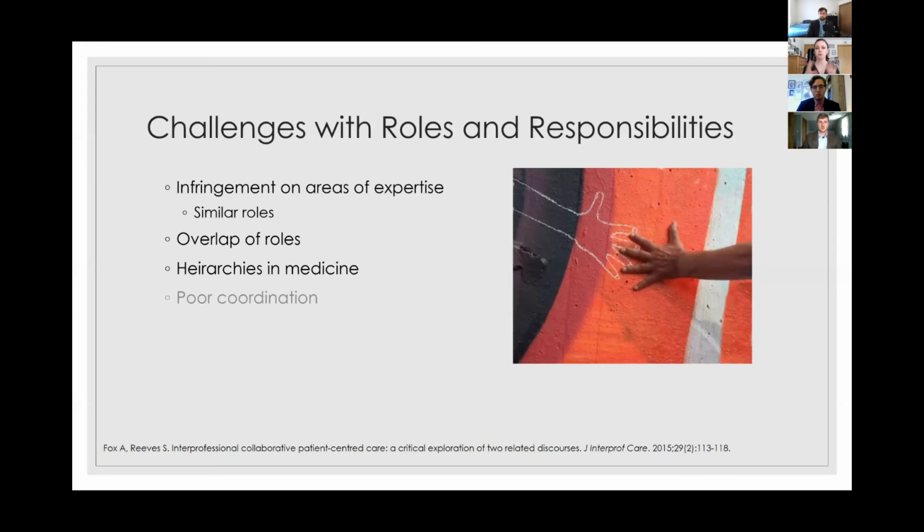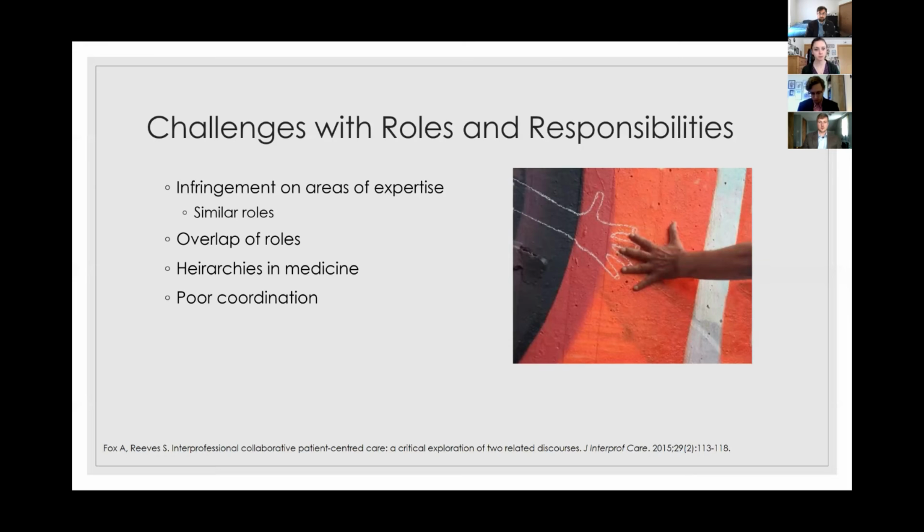And so that can be from a zoomed out perspective of the overall healthcare system. So in the US healthcare system, we place physicians at the top of our hierarchy and everyone else kind of falls underneath them in varying levels. Or it can be really zoomed in on a particular system where, say, it's a long-term care facility where certain providers have more status and different, more important responsibilities than people who are providing actual care or those workers in the facility that are not